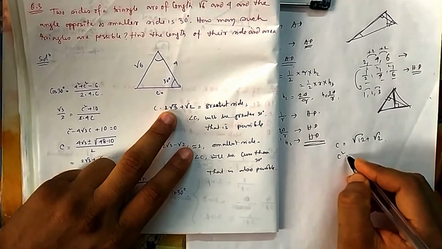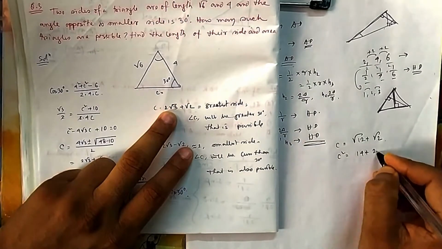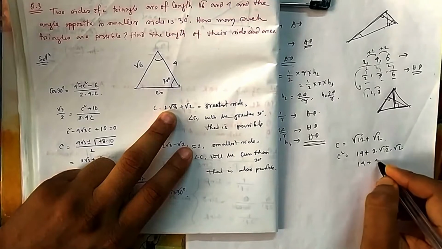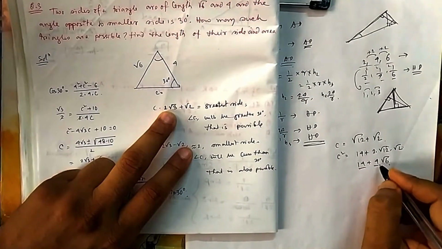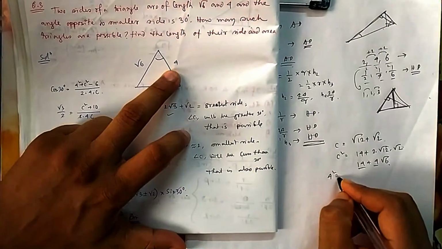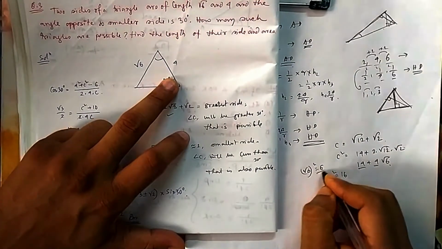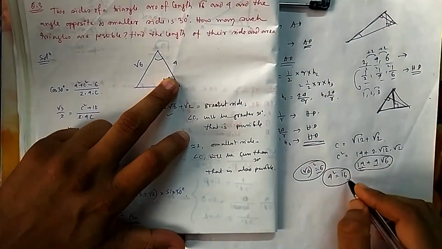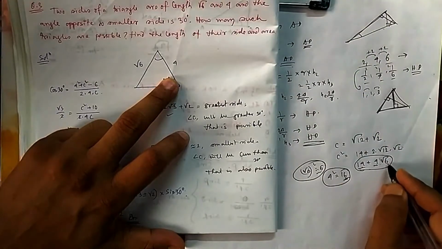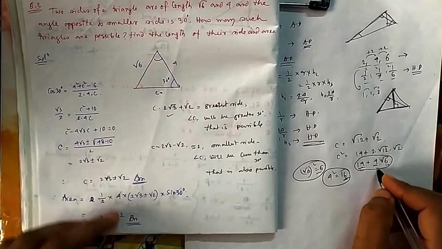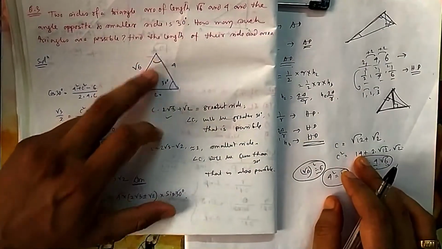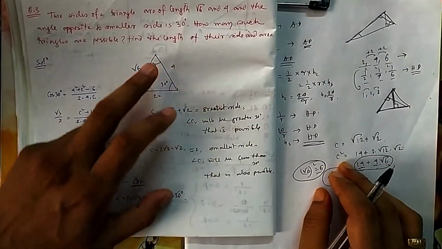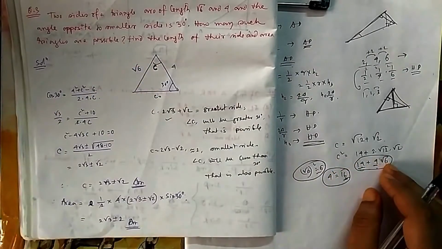If you take C square, what will be C square? 12 plus 2 is 14, plus 2 into root 12 into root 2. So what will be this one? 14 plus 2 twos are 4, root 6. So 14 plus something greater than 4, compared with 4 square, which was 16, and root 6 square is 6. So obviously this is the smallest, this is the next, and this is higher than this. 14 plus 4 will already cross 16, and there will be additional things also coming. So obviously this will be the largest, and this angle, the C angle, will be the greatest angle, which is possible. No problem is there.